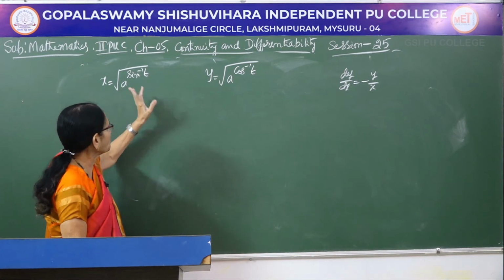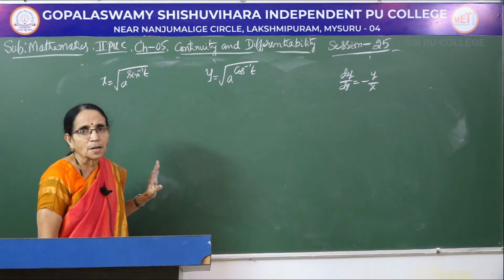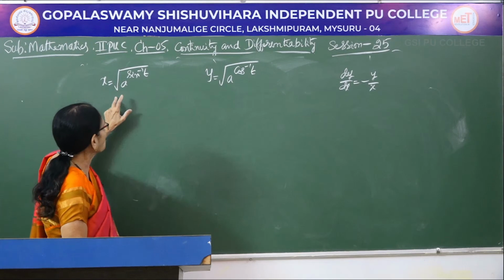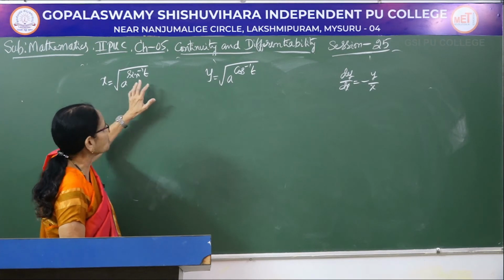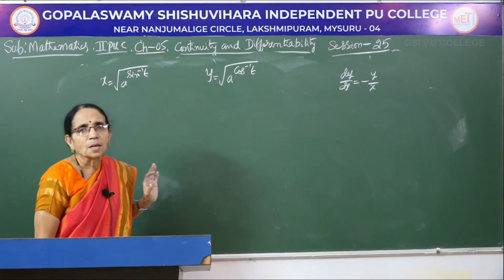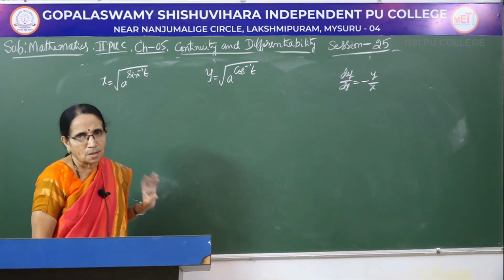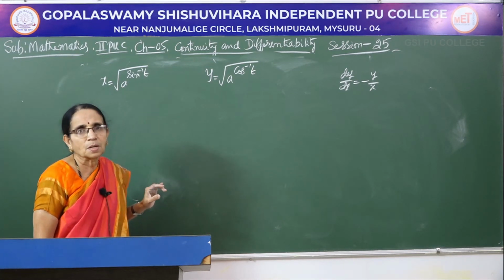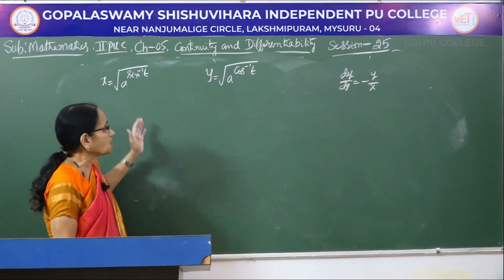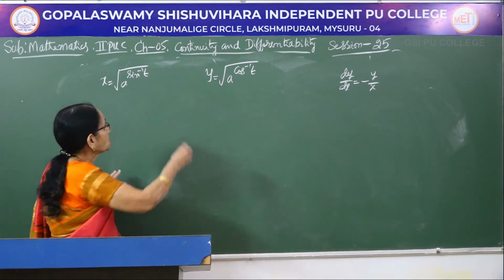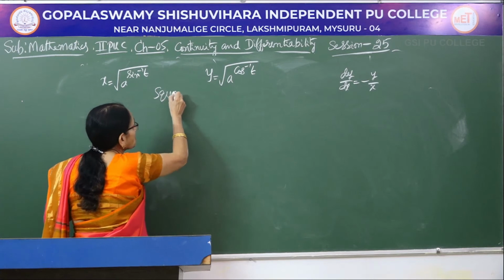What is the derivative of root x? The formula is 1 by 2 root x. Then 1 by 2 into root of a to the power sin inverse t. And the a to the power x formula, what does it say? a power x into log a to base e. Then sin inverse t has to be differentiated with respect to t, whose derivative is 1 divided by root of 1 minus t square. So, that is directly you can do. Or if you want to avoid this radical sign, you can square both sides.